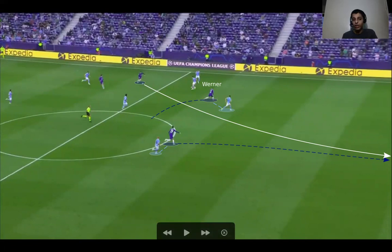And if you take him out of the situation, the same play happens with the Mount through ball and Havertz latching onto it. And again, this was the result of isolation, because if you look at Werner, he made this run out wide, dragging Diaz away. So this took Diaz out of position. He took Diaz away with him to our right wing, and this left a lot of space centrally for Havertz